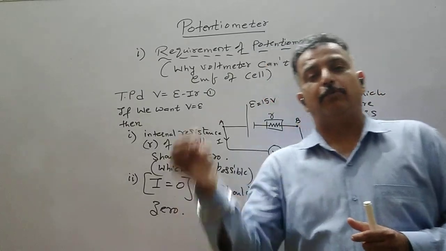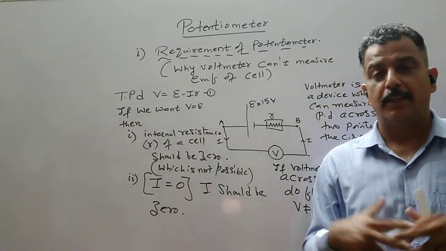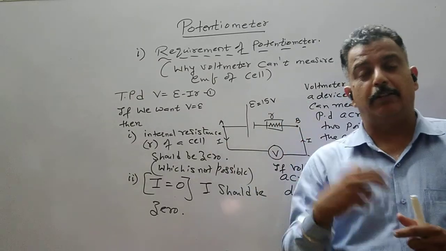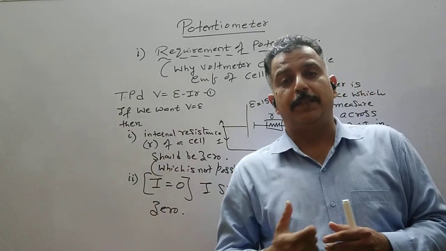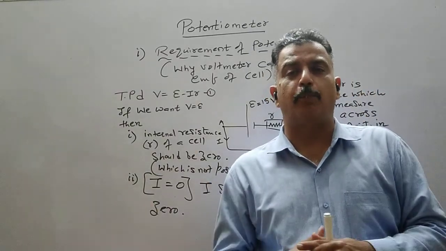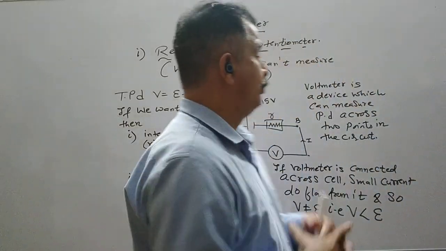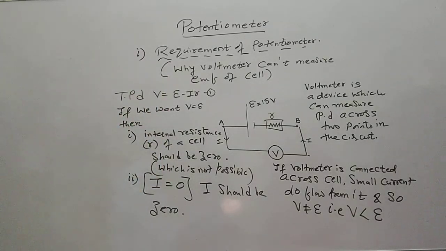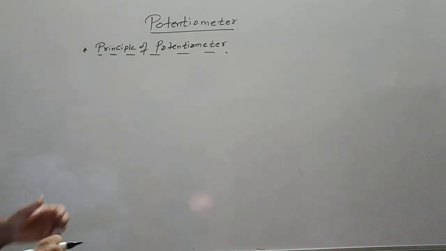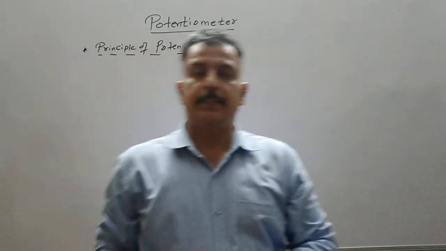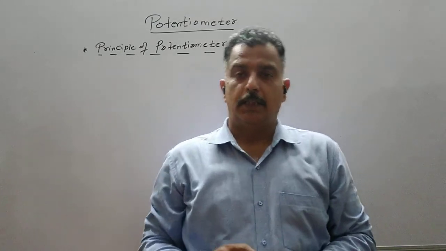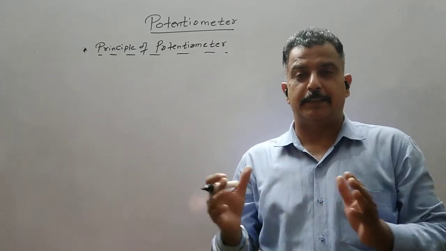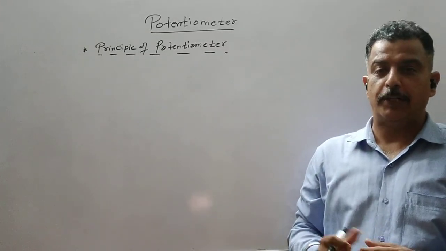At the same time, it will also help us to measure the internal resistance, and while studying the principle we will see that from the potentiometer one can obtain continuously varying potential across the 2 points. So let us see the principle of a potentiometer now. Now let us understand the principle of the potentiometer. Before we try to understand its principle, let us see a simple arrangement of a potentiometer.